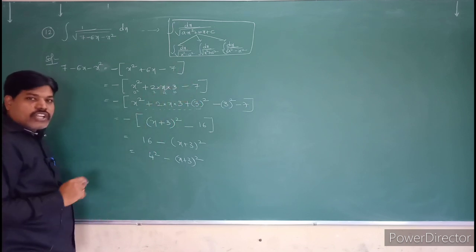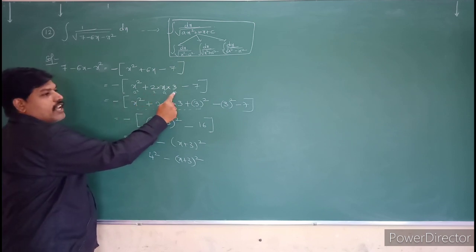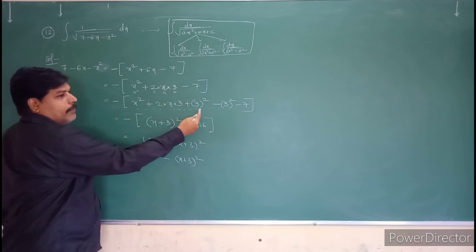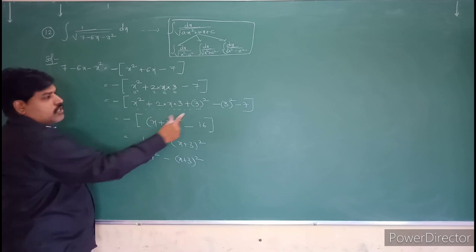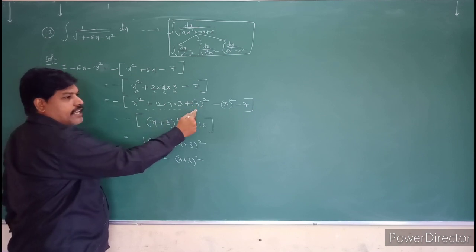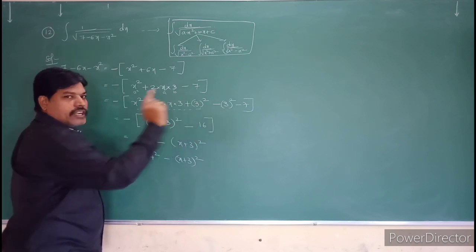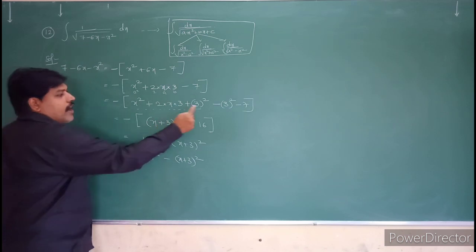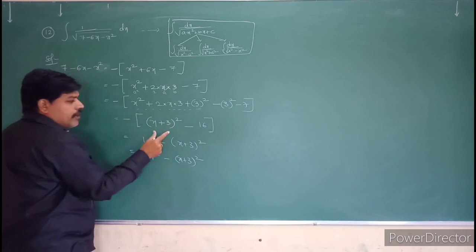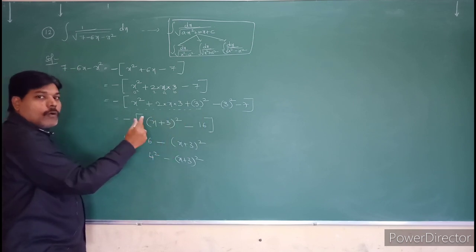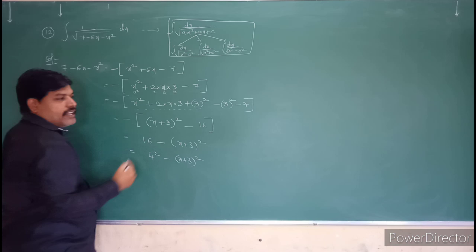Do you understand that? In the next step, it is a square, it is 2ab. What is the b value? B value is 3. So I am going to add plus b square. Why? Because these 3 terms will become a plus b whole square. So that's why I added plus b square. If you add any term, you have to delete the term also. Yes or no? So that's why I added plus 3 square and I already deleted minus 3 square also. If you observe these 3 terms, it will become x plus 3 whole square. X plus 3 whole square minus 9 minus 7, that is minus 16.